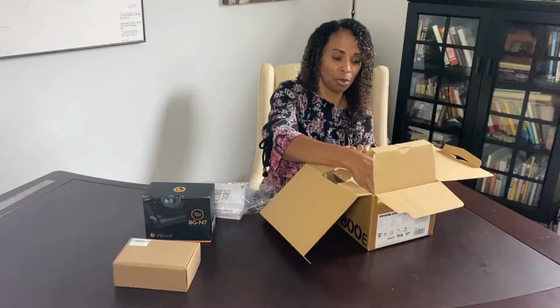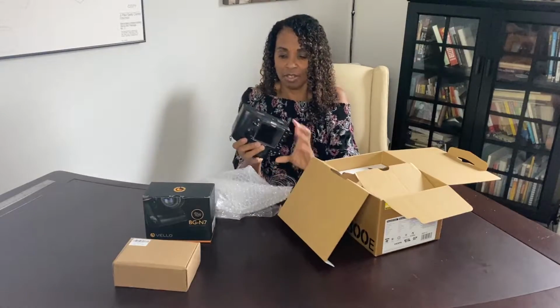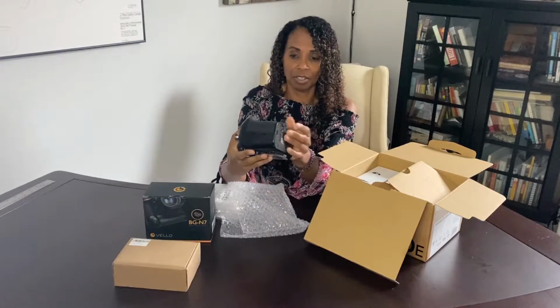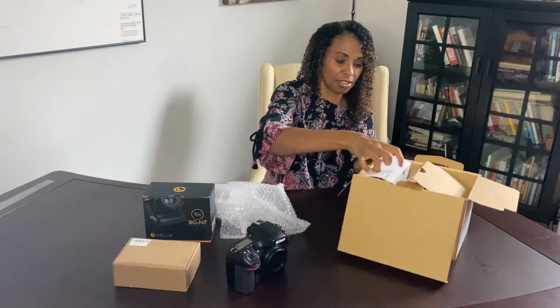I'm going to pull the camera out now and you can see it. Here it is, the D800E. It's actually in fairly good condition. I mean, it's very mint to me. Doesn't look like it was used very much. And then the next unboxing is